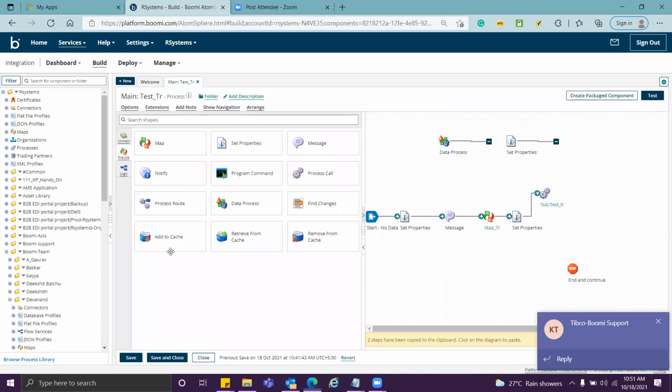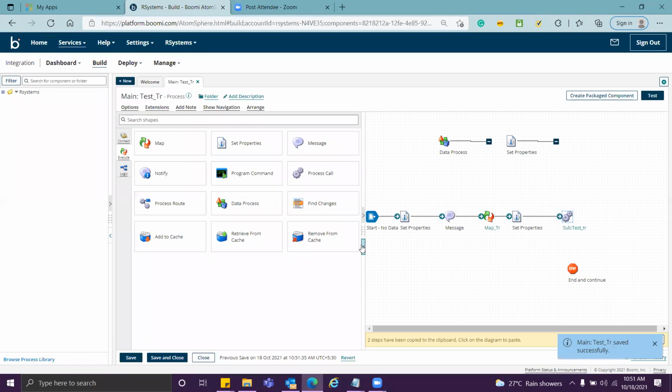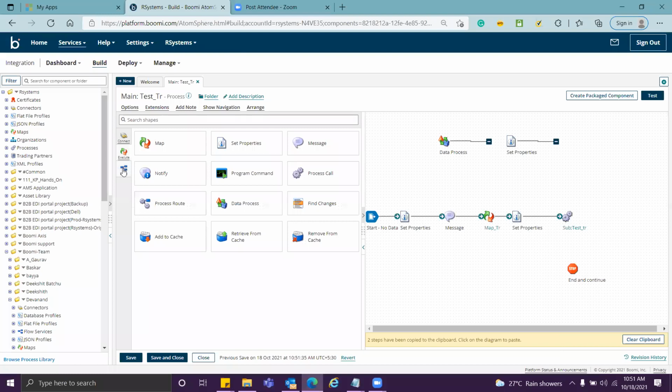Now tomorrow we will cover how to add something into cache, how to retrieve it, and how to remove it from cache. All right. Till today, in today's class, any questions till now? And one more thing, are you guys understanding what I'm saying or what I'm showing you here? Are you able to follow that? Yeah, Ankit. Okay, great. So do those things that I have given in the chat window. And let me know if you have any questions after this. We'll take that tomorrow and then we'll cover other shapes from here and then we'll move to logic shapes. All right.